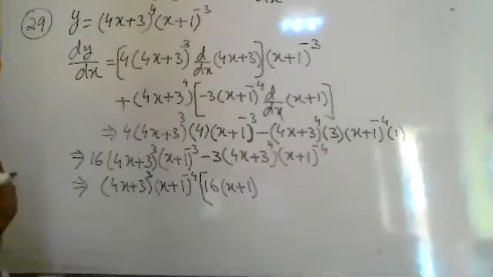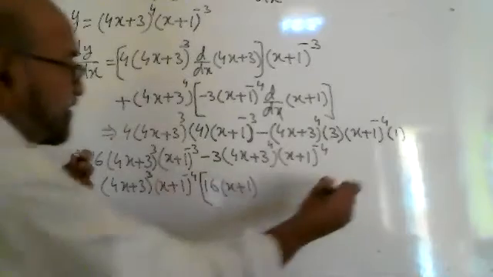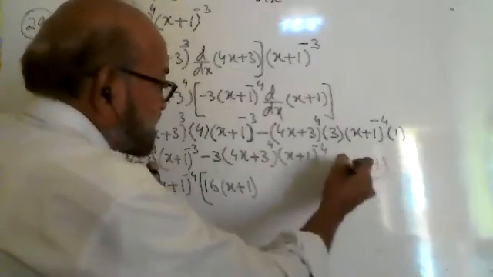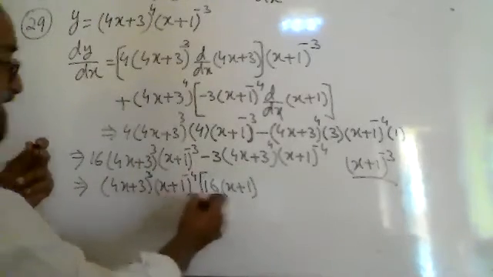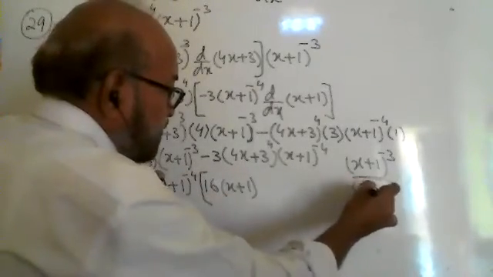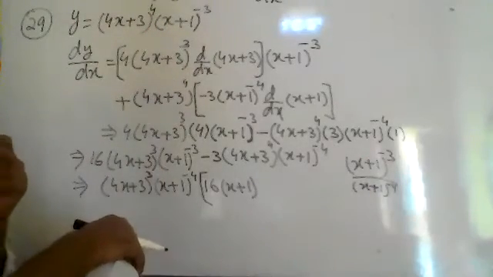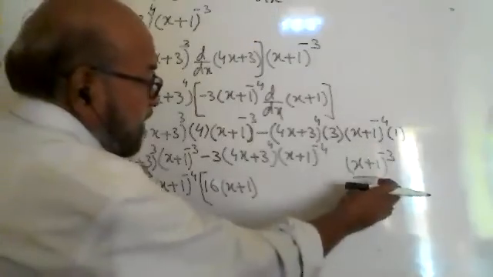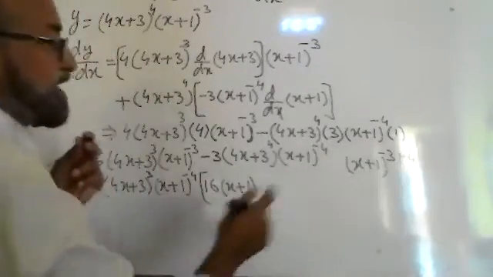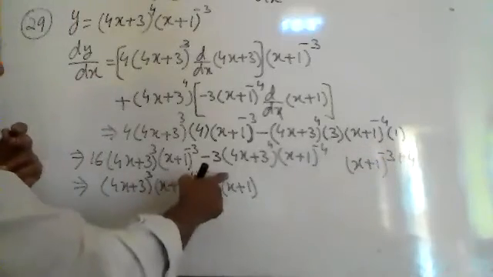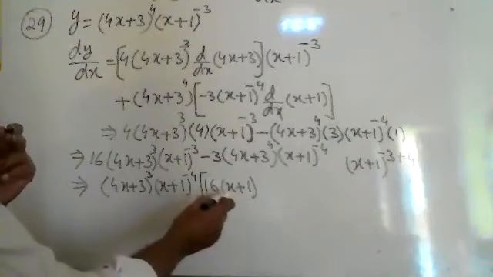In common, actually we divide. So if this is common, that will divide this one. So x plus 1 raised to power minus 3 is divided by what is common. ये common लिया है. This is the common x plus 1 raised to power minus 4. When this is common, it will go upside. It will become plus 4. Or minus 3 plus 4 will be 1 power. Minus 3 plus 4 will be 1. So x plus 1 will be the answer over there.